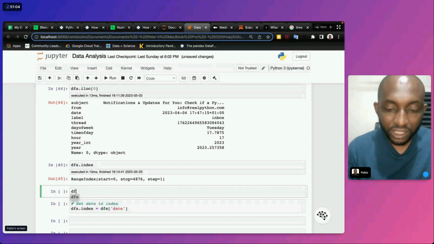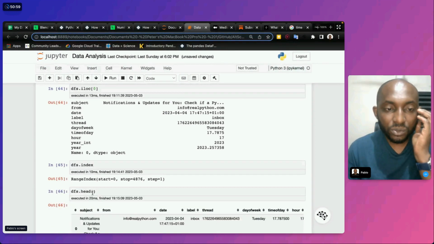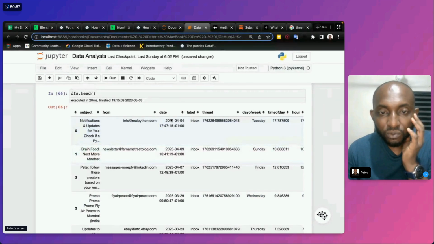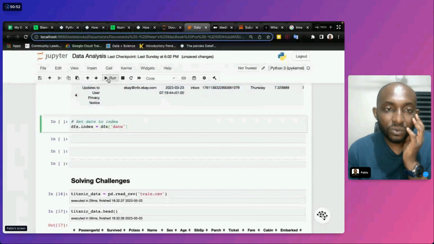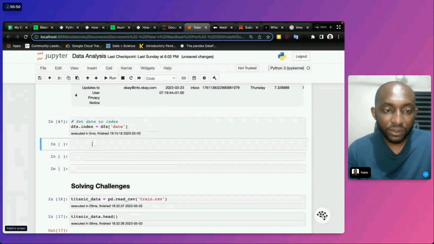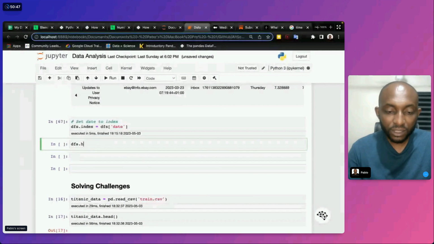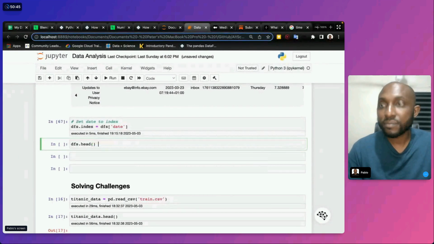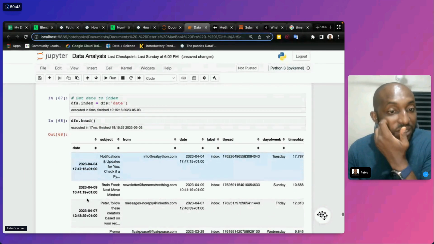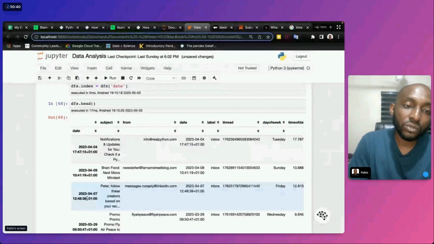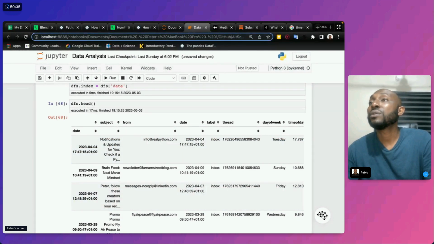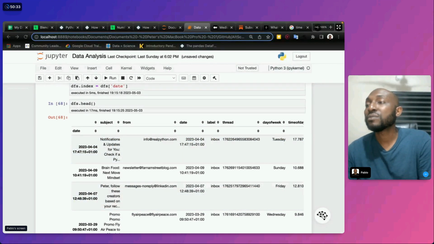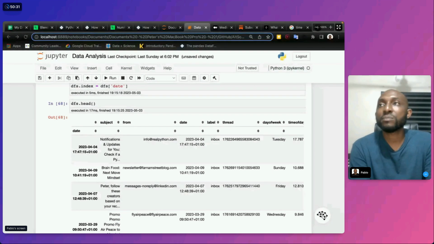With dfs.head, these zeros are going to be removed, and we move the date here. Once you do that, dfs.head now has dates, and you can now use dates to analyze your data, and with dates you can do a lot of stuff. Yes, time series risk management is also a thing.